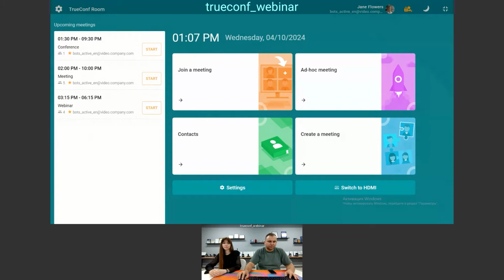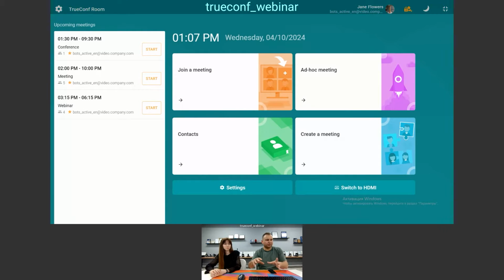The second option is a very special application, which is called TrueConf Discovery. TrueConf Discovery is an Android application. We do not offer the Discovery application for iOS, only for Android, because this application is usually installed on a tablet. And there are many tablets available on the market which are PoE enabled. That means it is a standalone Android tablet, which is installed